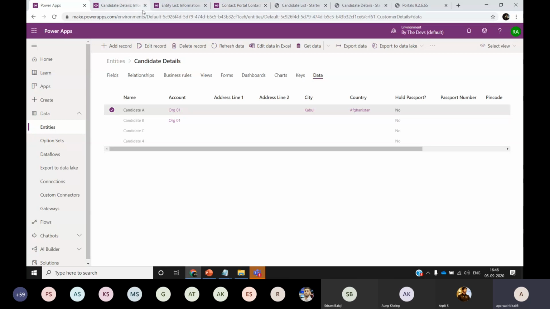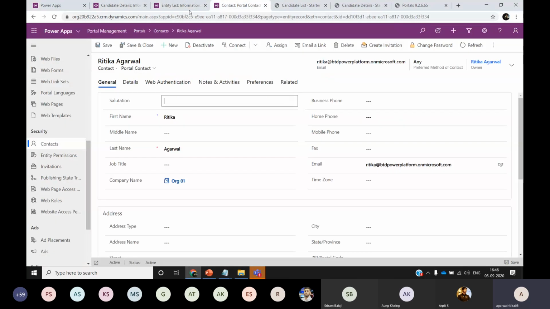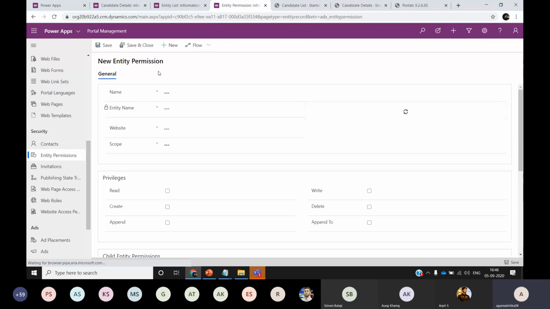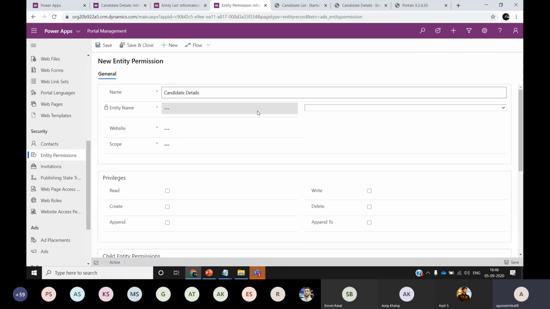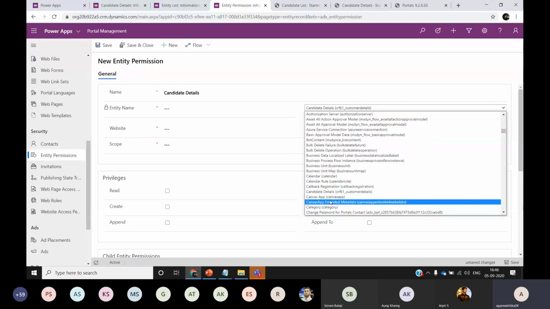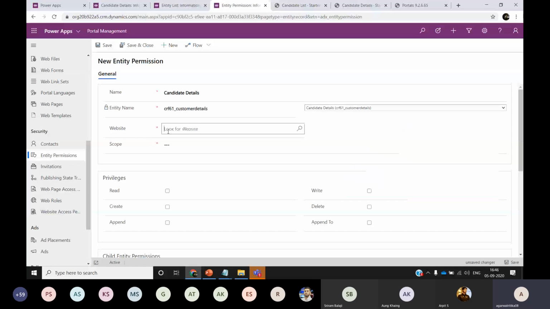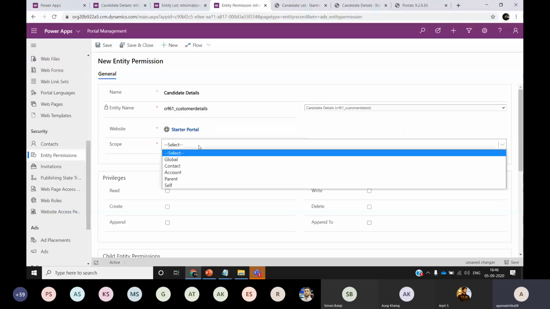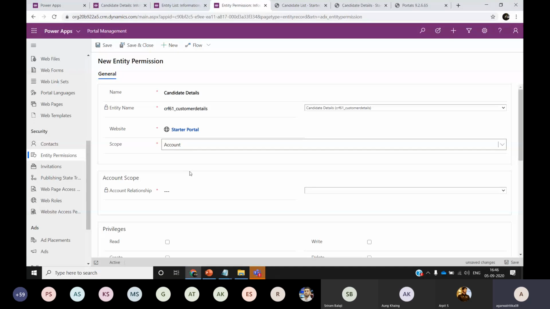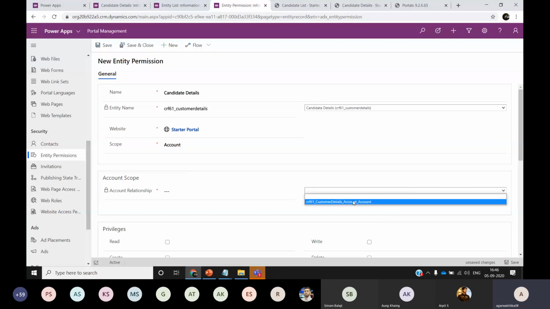So what I'll do now is I'll go back to the contacts here, go to entity permissions and create a new permission for candidate details, and I'll select the candidate details entity. The website is going to be starter portal. The scope is going to be accounts because I wanted to filter it out based on the account.